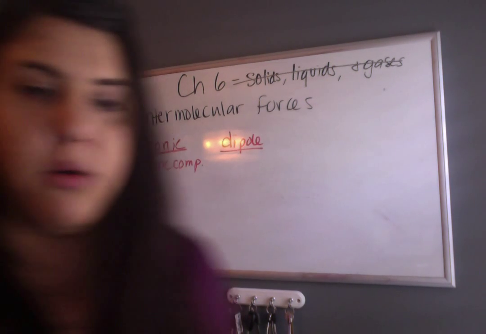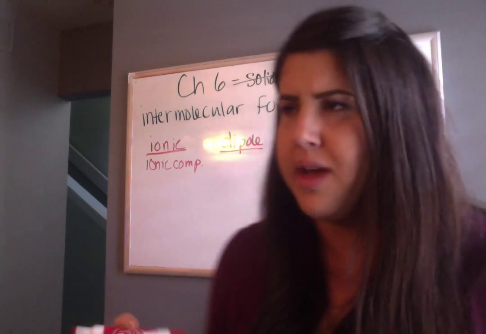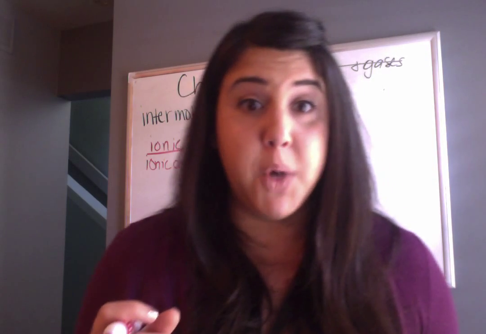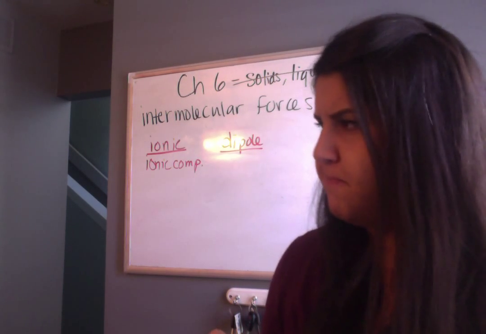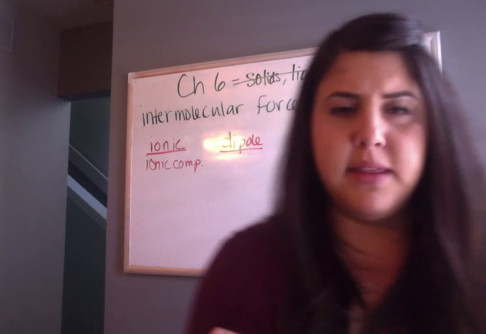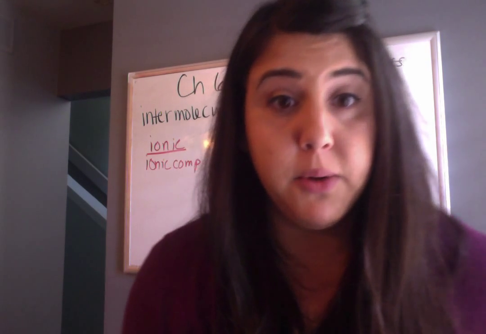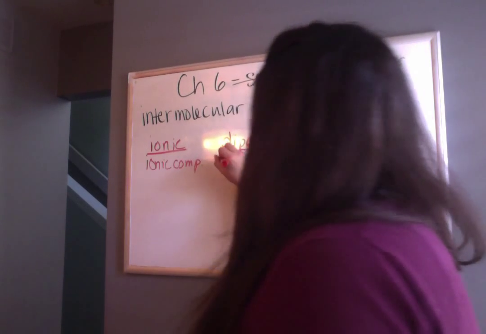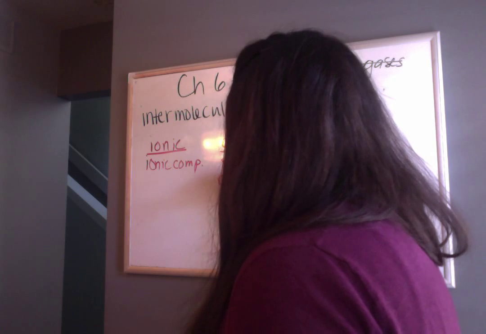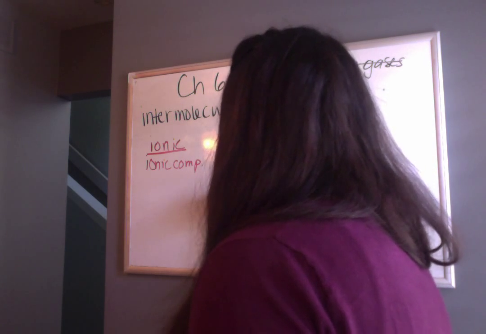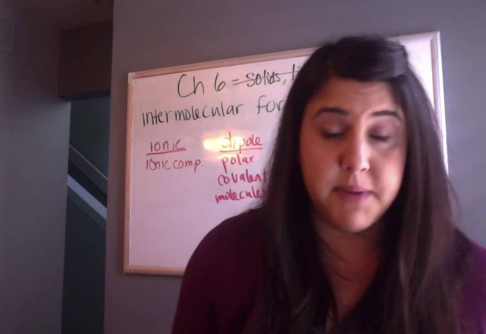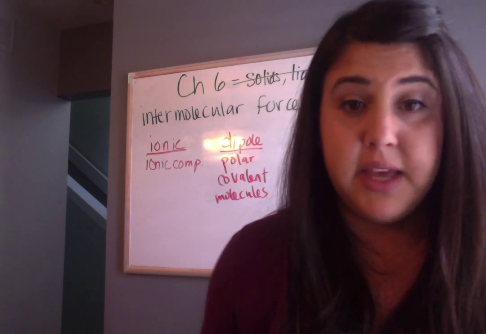If we think of the word dipole, have we heard of anything that sounds familiar? Maybe polar. Where do we think of polar? We think of polar with polar molecules. Dipole interactions are between polar covalent molecules. So if we have polar covalent molecules, the main type of interaction they will have with each other is